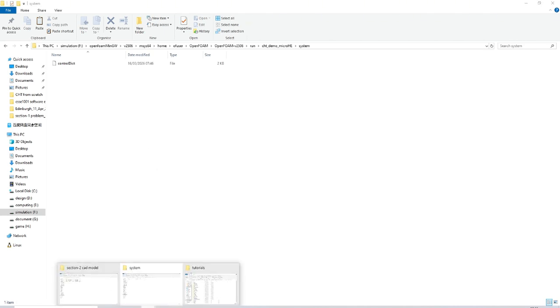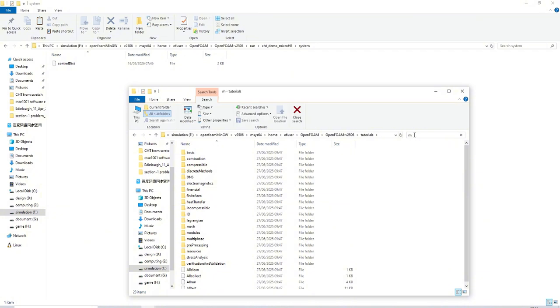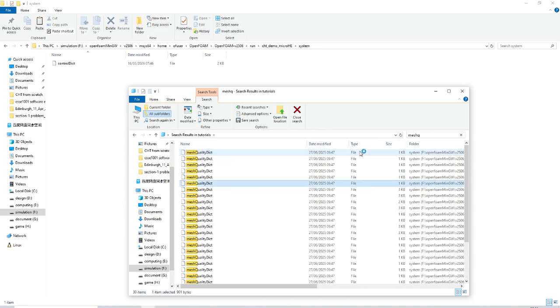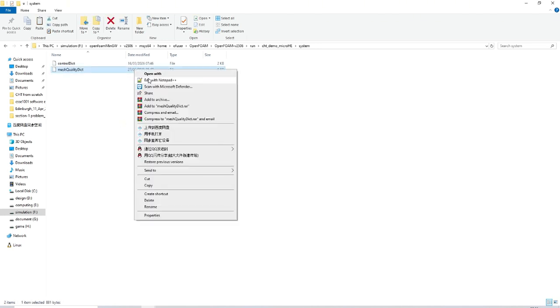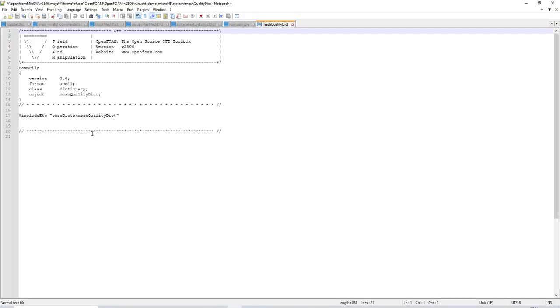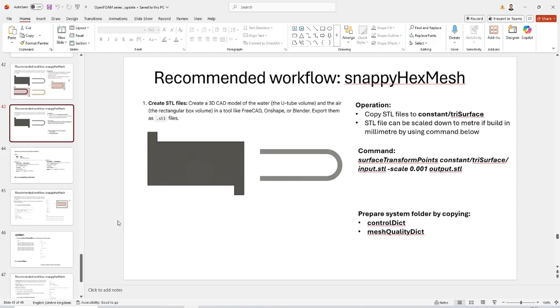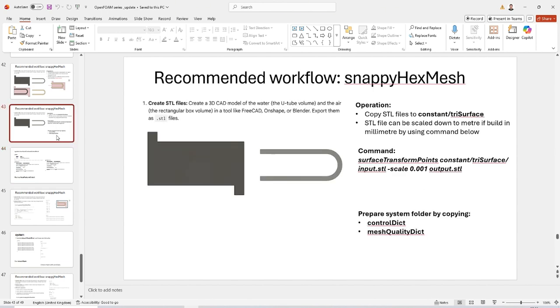For another one, which is mesh quality, I haven't used it before, but I can find any mesh quality dict and just directly copy it to here. The mesh quality dictionary is only a control of the meshing. So actually here it does nothing, it just copies this file as a backup. I will do this, and in the next part we are going to define the surface of this